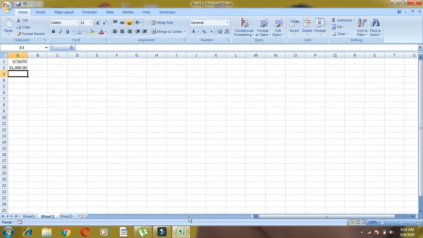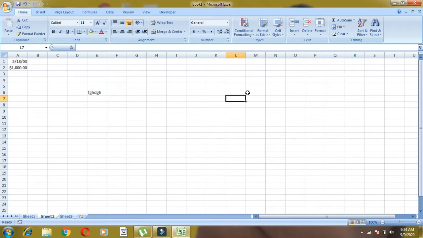Overwriting cell contents. Children, we can even overwrite. Suppose I have already written 1, 2, 3 here. Now overwrite means again you can click here and write any other alphabets. Automatically the previous part will be removed and the new part will appear. To overwrite the content of a cell, select the cell, type the new data in the cell and press the enter key. Automatically it will be overwritten.